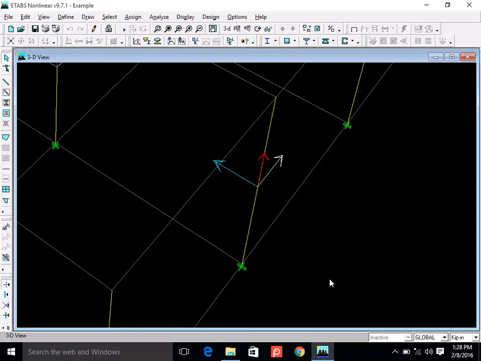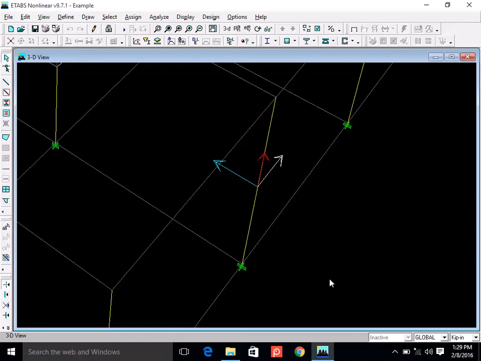Okay, first of all, see whether this 1, 2 and 3 follow the right hand rule. 1 is vertical, okay, in this case, and 2 is what? 2 is white. This is 2. Okay, 1, 2 and 3. So if you curl your finger from 1 to 2, 3 is that way, right? 1, 2 and 3. You know, in case of column, you can only be sure about axis number 1, that it is always vertical. Okay, but you are not sure about axis 2 and 3,